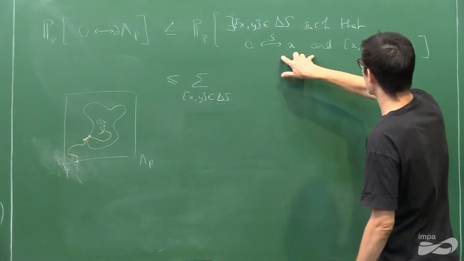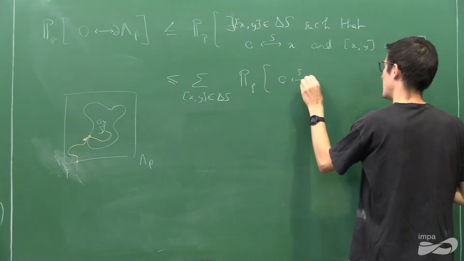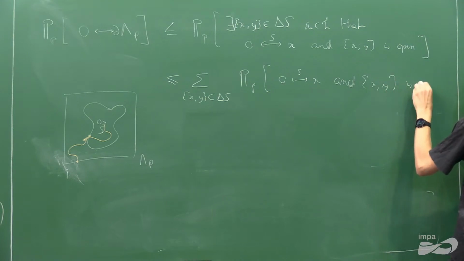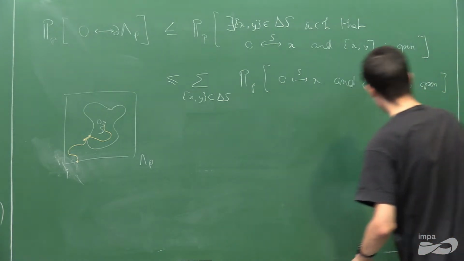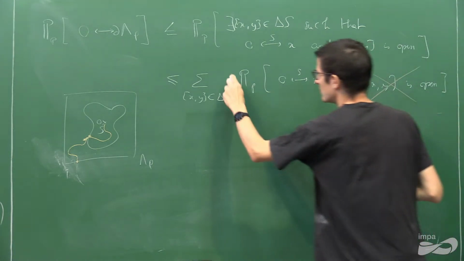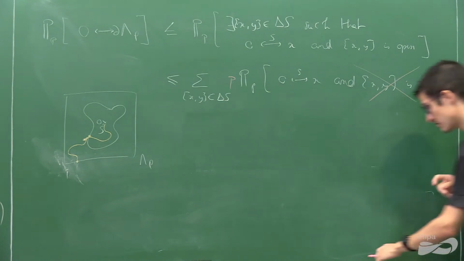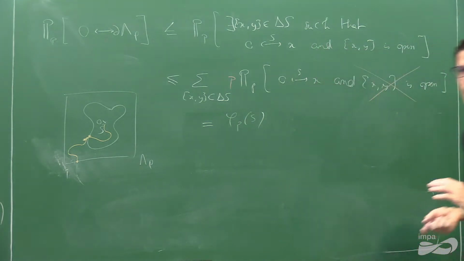Okay, and then if I look at the probability of this, let me write this. The probability is that 0 is connected to x, and xy is open. Now by independence, I can just multiply the probabilities, and the probability of this edge being open is just p. So this thing is just equal to p times phi of S. Okay, so we have proved the